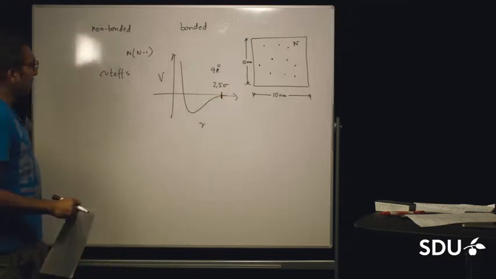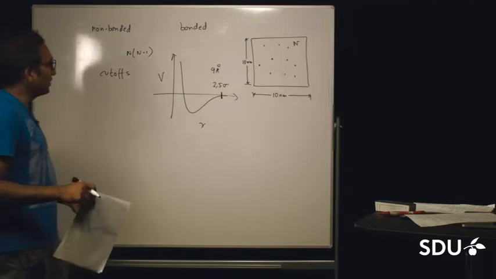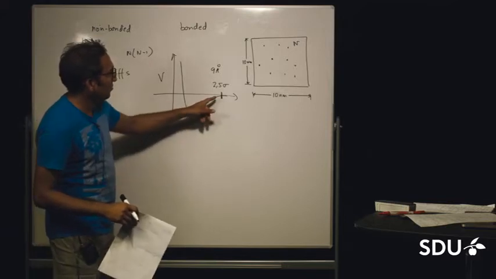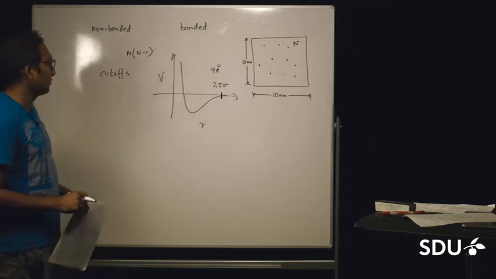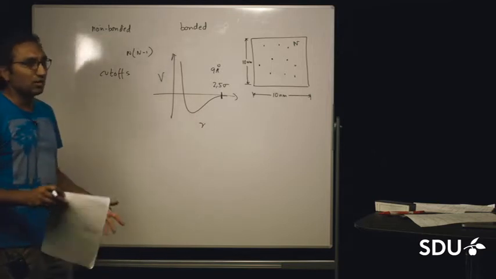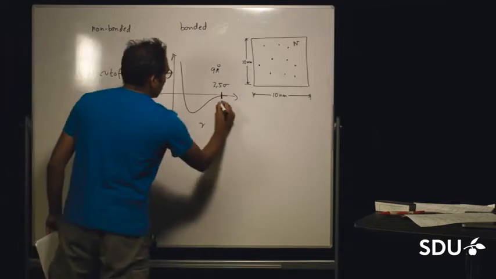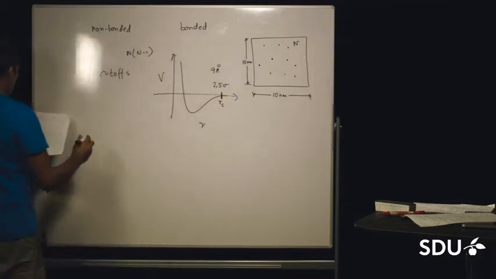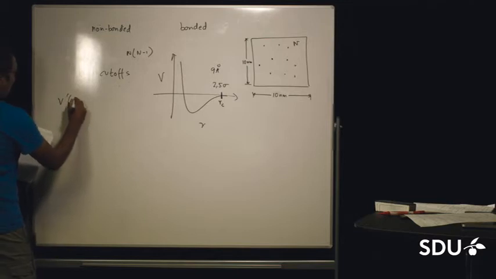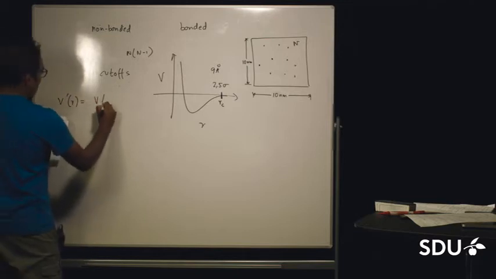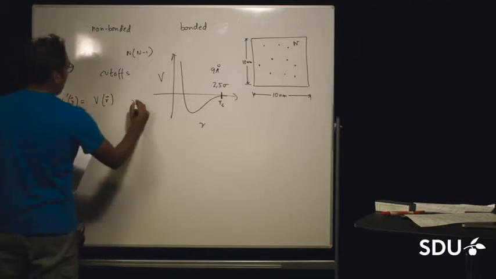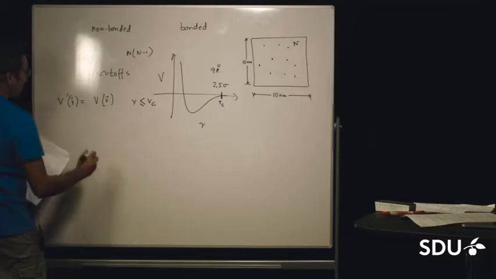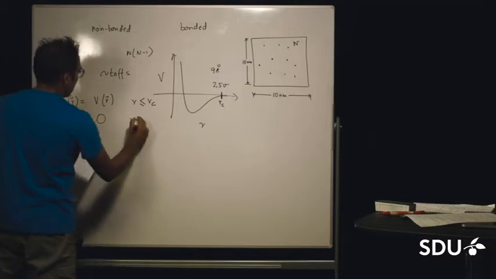So, the easiest way we can accelerate the simulation is to say, okay, when the particles are more than 9 angstrom apart, the interaction between them is almost 0 based on this plot. Therefore, we will just set it to 0. So, if I call this distance RC, representing cutoff, I can say that my simulation potential is equal to the Lennard-Jones potential when R is less than RC, and is equal to 0 when R is greater than the cutoff.